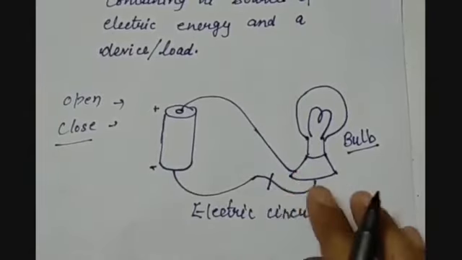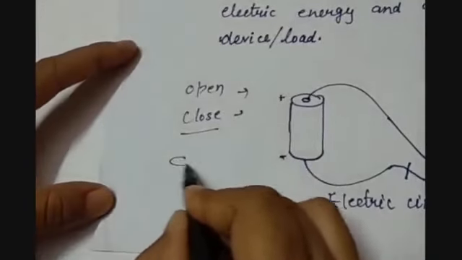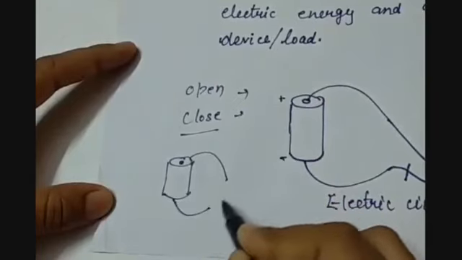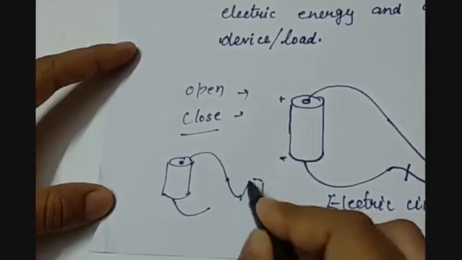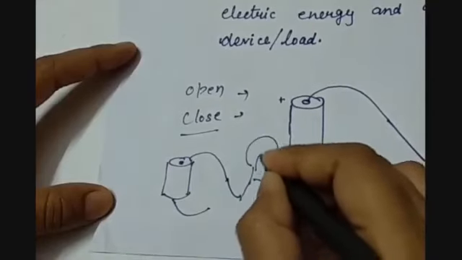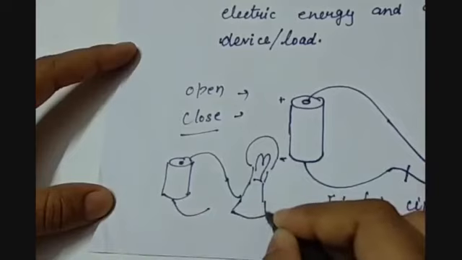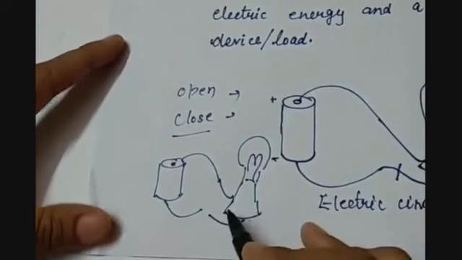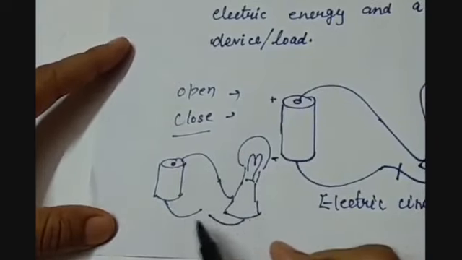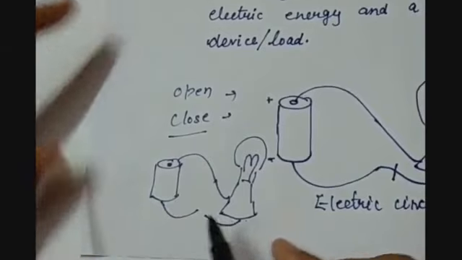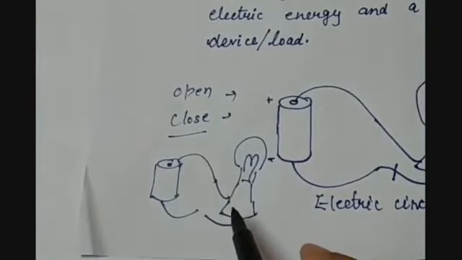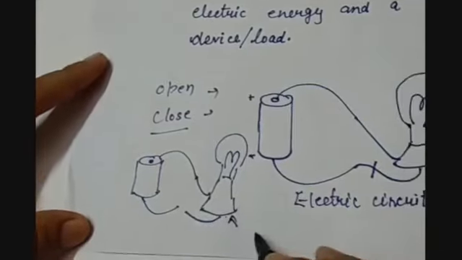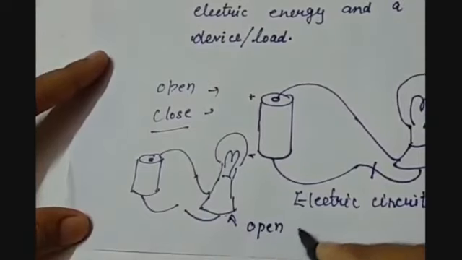Then this connection will look like this: we will be having a load, but the connections will not be complete. What will happen then? This is a conducting path, but it is not the closed one because current is not flowing through this path as the connections are not complete. So this connection will be called an open electric circuit,